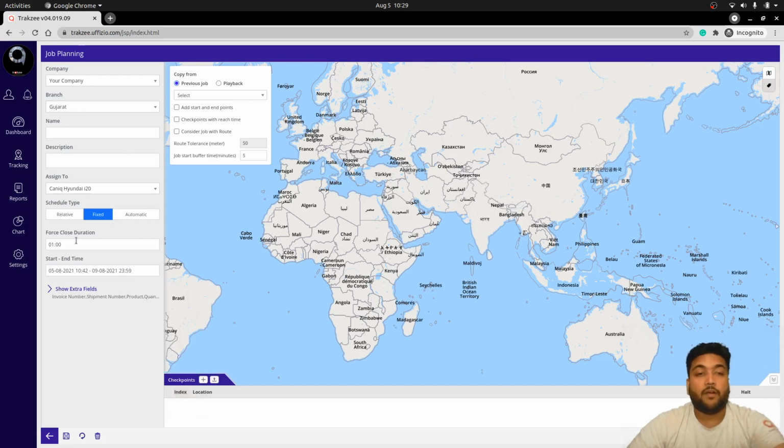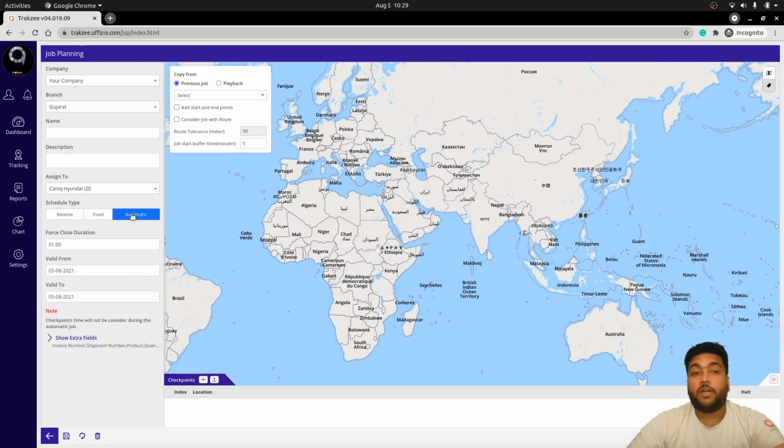So based on applying that, this particular job will get started on the specific date and will end on that mentioned date. So likewise, you can perform the fixed operations of that particular task. Now in case the times are not defined, then you can use the option for automatic.